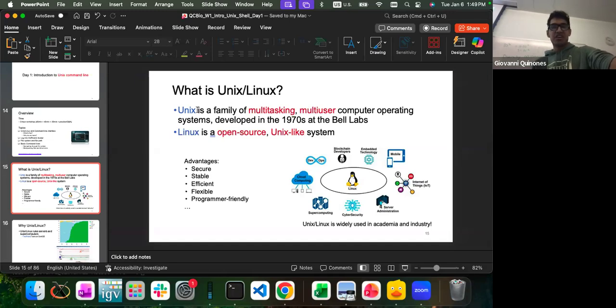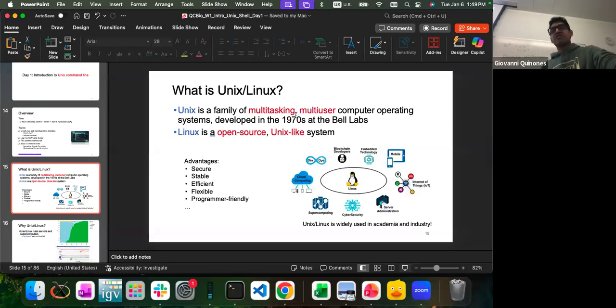But the umbrella term would be Unix. So the umbrella term is called Unix, a multitasking, multi-user computer operating system family created in the 1970s.